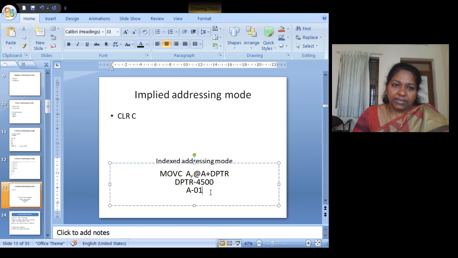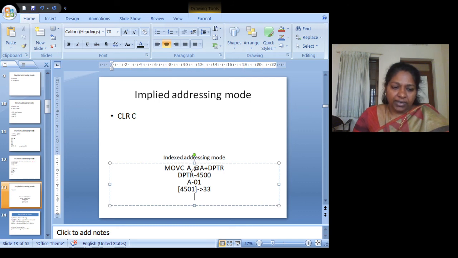So what is A plus DPTR? It becomes 4501. So it will check whatever is in 4501. If I give an example like this, I will take whatever is in 4501. Suppose it has got a value 33.